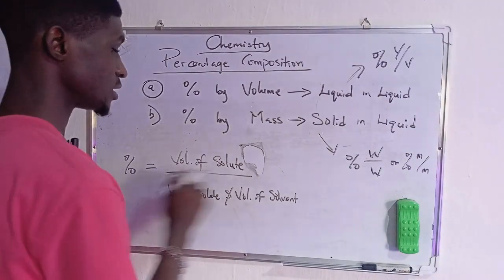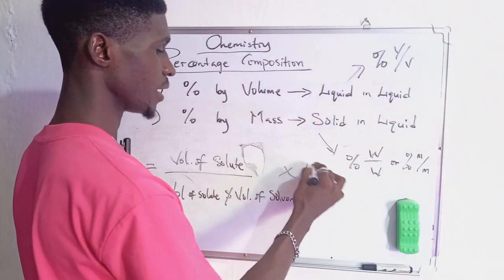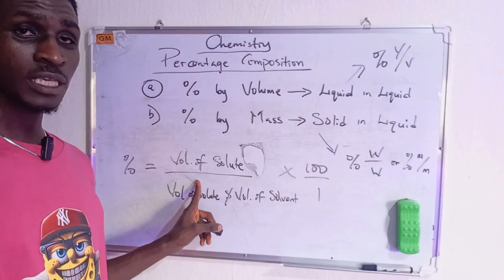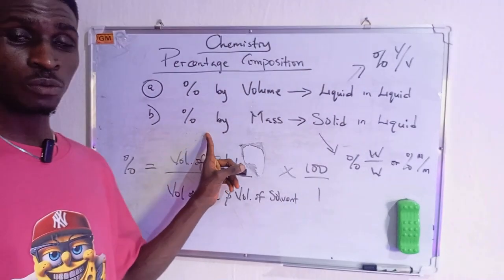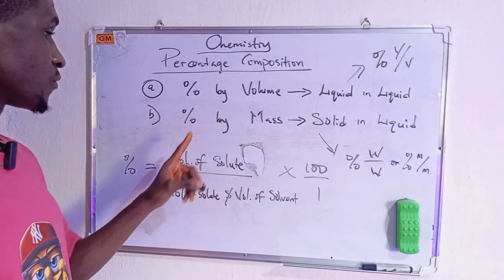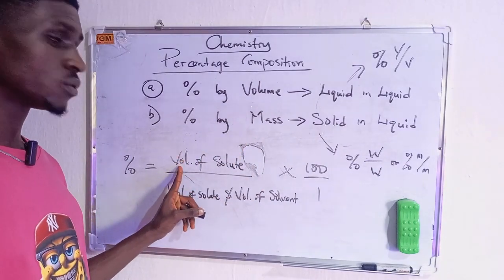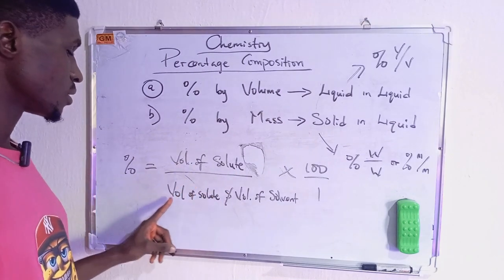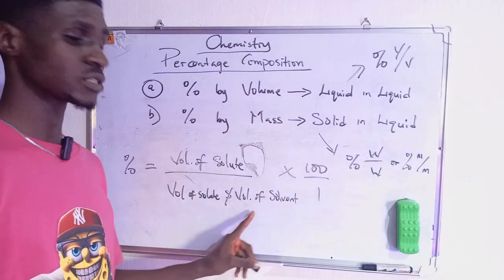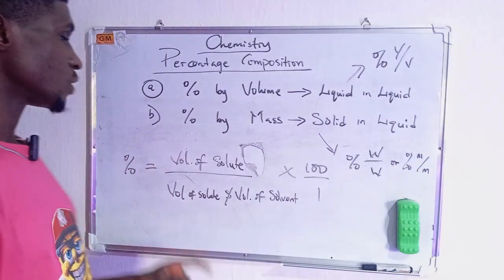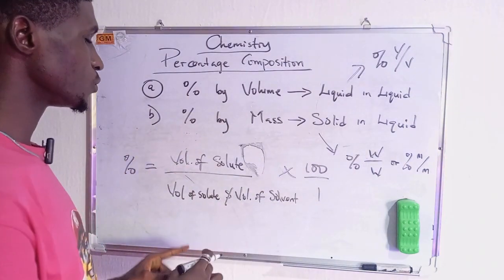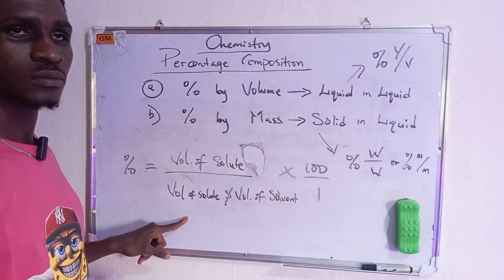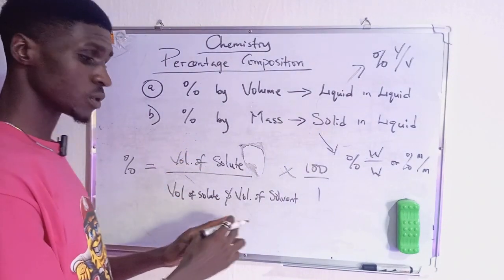Then because of percentage, you have to multiply it by 100 over 1. This is also applicable for percentage composition by mass. But for mass, you will have to replace this volume with mass. You will have the mass of solute all over mass of solute plus mass of the solvent. So if you look at this holistically, you will be seeing solute over solution,